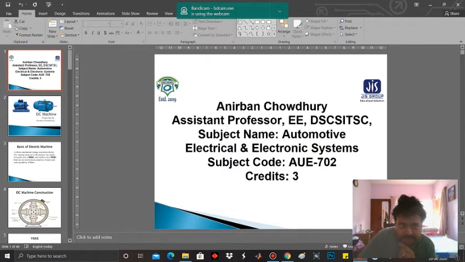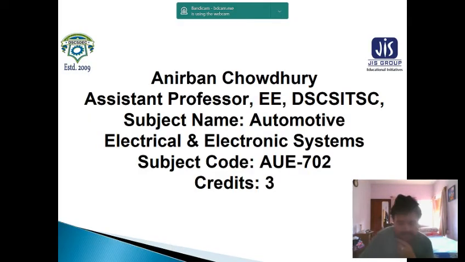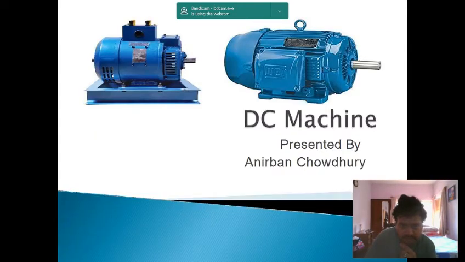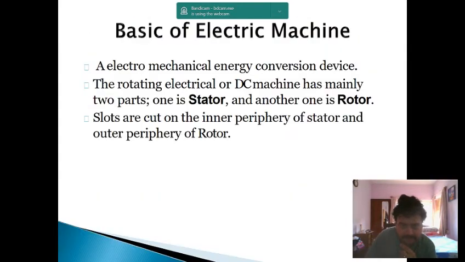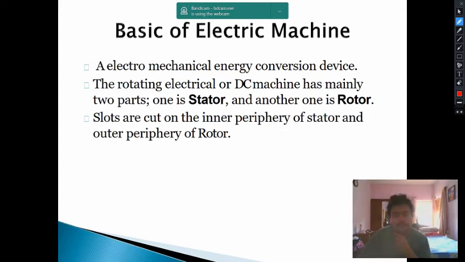My dear students, in this particular lecture, we will be covering the different parts of an electrical DC machine. In the last class, we just started the basics and covered the energy conversion principles in case of a generator and a motor.